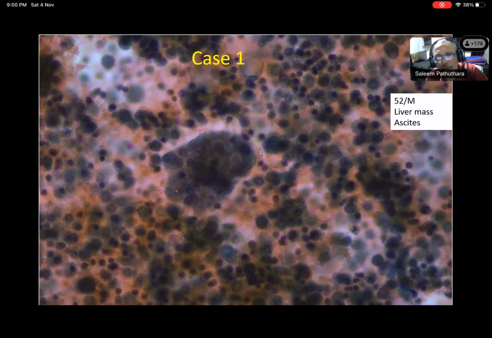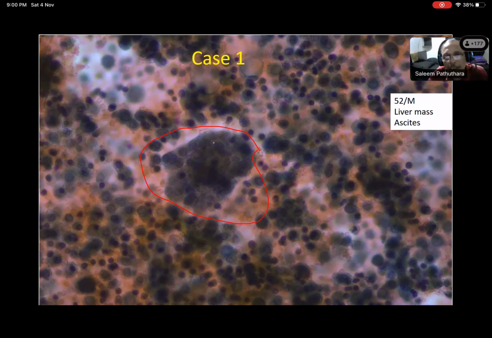What do you think must have happened to this smear? You can see single cells as well as a cluster. Can you describe this cluster? This cluster looks knobbly, hyperchromatic, knobbly in shape. You're trying to say these are mesothelial cells? Yes, sir, I'm guessing it's a mesothelial cell. Yeah, see, this is guesswork.